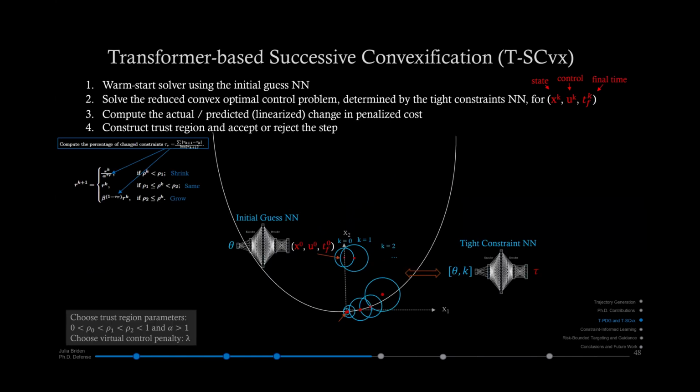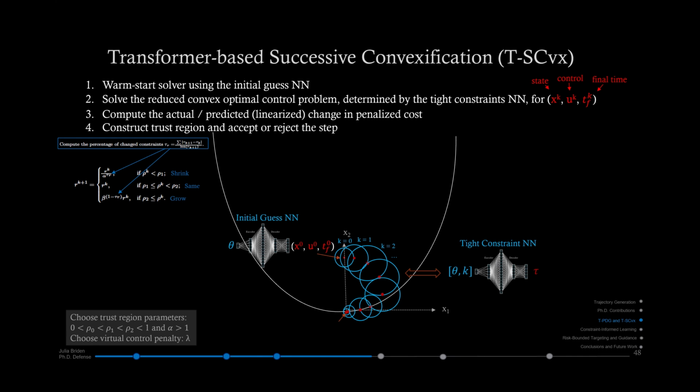Now, this is what we saw before, but now I'll explain the changes that were made to the algorithm specifically to allow for transformer-based successive convexification, since now we have a series of convex subproblems. The first step happens with the initial guess neural network, where we predict our full solution trajectory and optimal control policy, as well as final time, and use that as an initial guess for SCVX. Then from there, we solve a reduced convex optimal control problem at every iteration using the predicted set of tight constraints for that iteration,